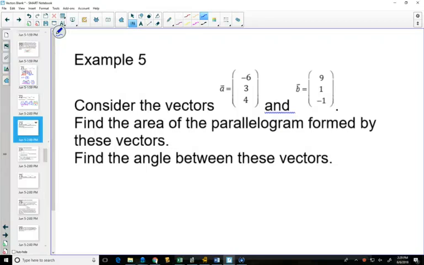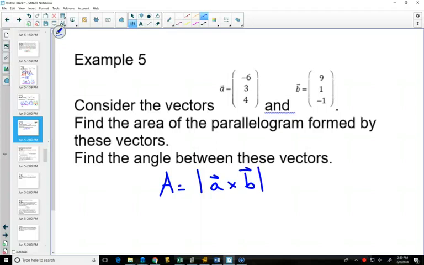Example 5. Consider those vectors. We want to find the area of the parallelogram. Remember that the length of our cross product gives the area of our parallelogram. So we can write that our area is going to be the magnitude of vector A cross product